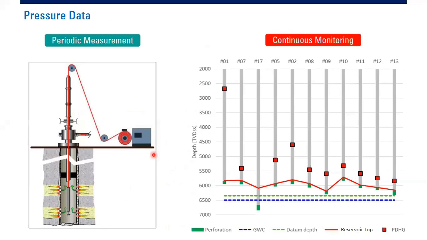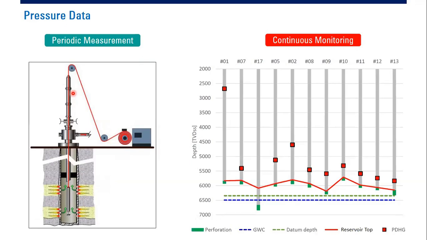Regarding the pressure monitoring or pressure recording, it can be done this way. You use a slickline unit to lower the pressure gauge down to the bottom of your well, and then record the flowing pressure there. Later on, after the testing has been completed, you can pull the tool, download the data, and then process the data for the calculation.